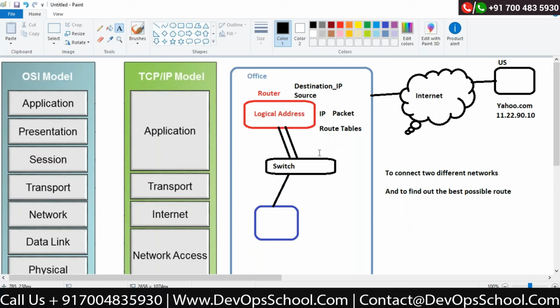If a route is available, then the router will choose that path to send the data. If the route is not available, now in the case of Yahoo, my office is accessing thousands of websites.